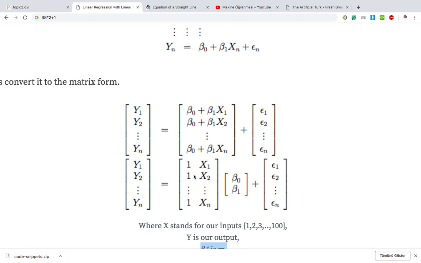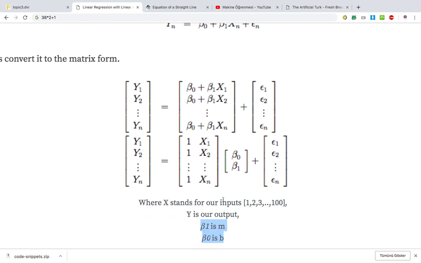y1 is equal to 1 multiplied by b0 plus x1 multiplied by b1 plus epsilon 1. y2 is equal to 1 multiplied by b0, x2 multiplied by b1 plus epsilon 2. yn is equal to 1 multiplied by b0, xn multiplied by b1 plus epsilon n. So y is our output, b1 is our m, b0 is our b intercept, and